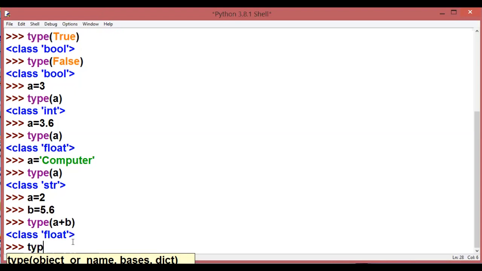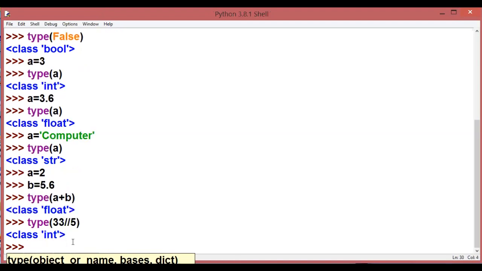So this is how we determine the type of an expression also. We can try some more expressions over here. Like I can say 33 integer division by 5. So I'm getting integer. Why? Because this double division operator is my integer division, which always returns an integer value.